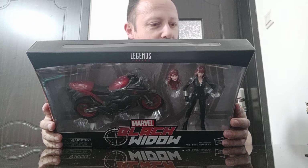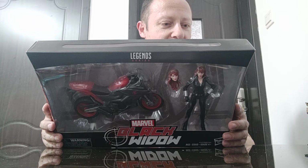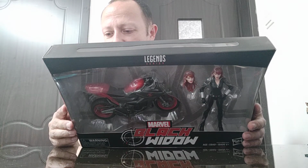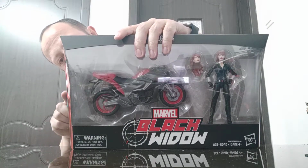Looks pretty cool. Figure looks okay. The face doesn't look like anybody I know from the movies, but the bike looks fantastic. It says a sleek agent with the wheels to match. Natasha Romanoff cruises into action as Black Widow, and just shows some of the features on the back. Looks really nice. Let's open this up and take a look,